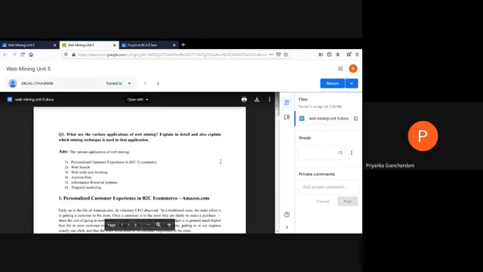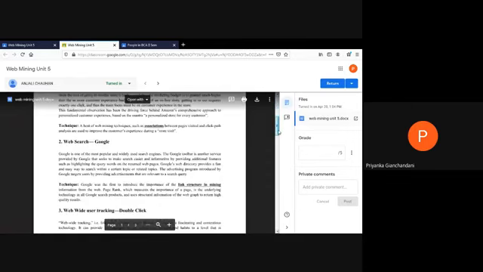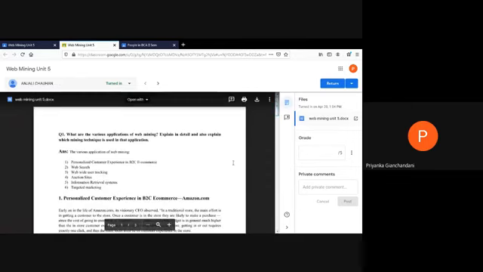So this indeed is a very good thing, because if I get to see the assignment of the student, I can always evaluate it. Now these are the grades that I can give to her over here. If I want to post any private comment to her, I can always do that, like I did in my previous assignment submitted by her. I really liked her assignment, so I posted that it was very well organized.